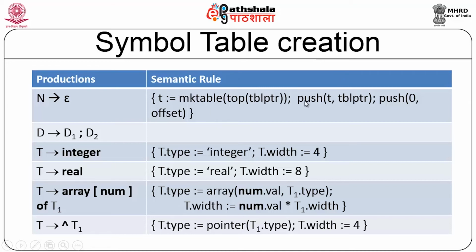Now, after that what I should do is push the new address into the stack, and push a 0 offset into the offset stack. So, now this new symbol table which is created will be available at the top of the stack. In our example, when I had called D from A, A was used as an argument here, and now the top of the stack of table pointer refers to D, with an offset of 0.